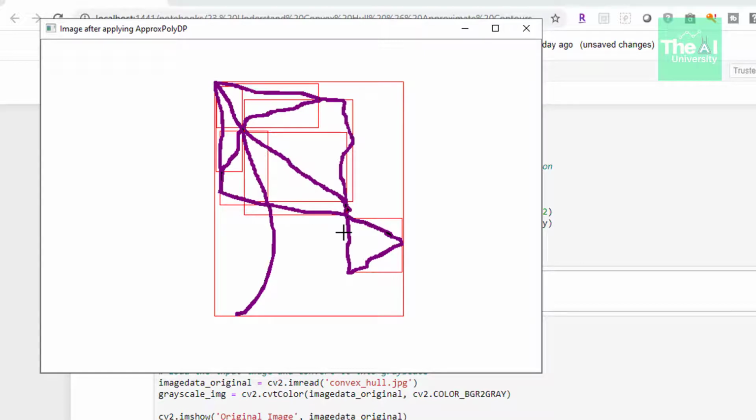So the contour approximation is kind of best here at this value of 0.001, and this is a better approximation than the earlier one, and in fact matches more with the original image. So the lower the accuracy value, the better the approximation of an image you will get. You can play around with different values to see various approximation results for yourself.